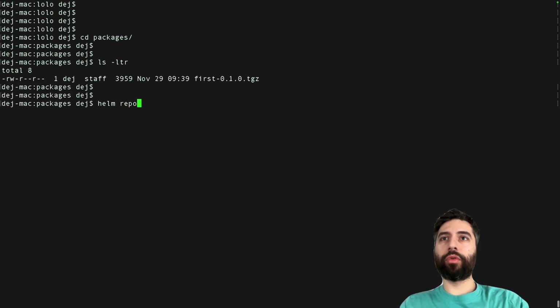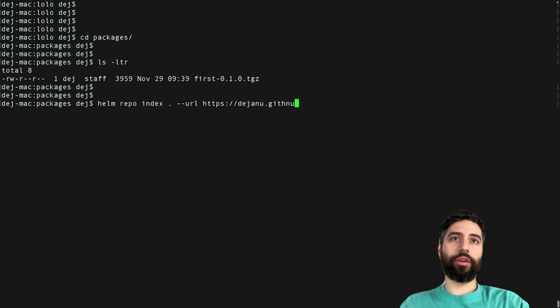So we're going to do a helm repo index, and the important bit is the URL, which should look something like this. So it's going to be your GitHub username. In my case it is Dejanu, and of course github.io, because we're using GitHub Pages, and the name of the repository in our case is Lolo,